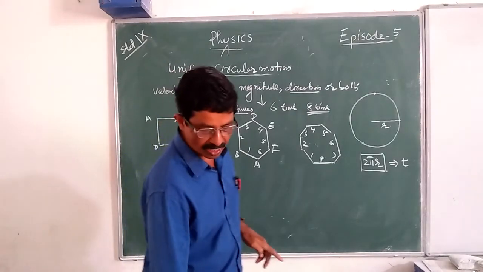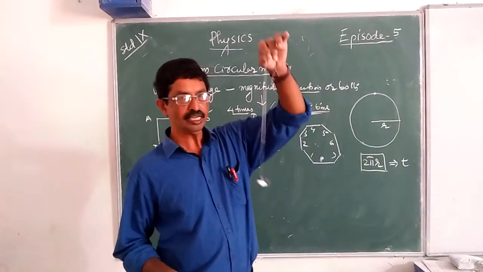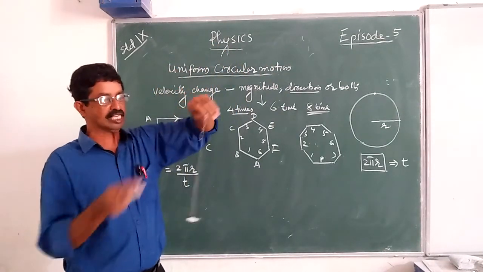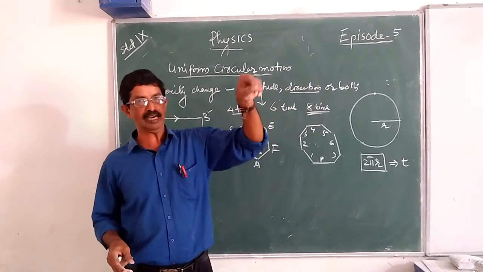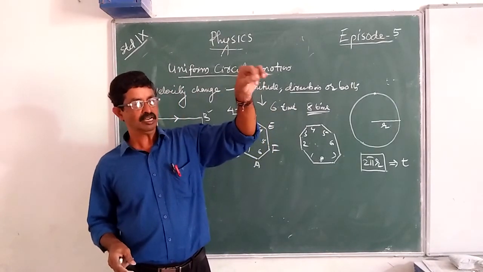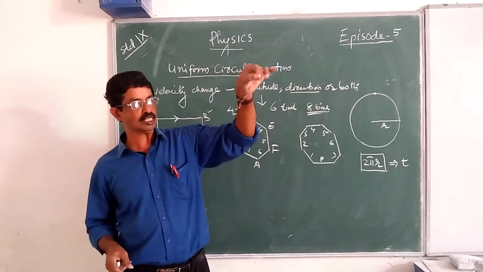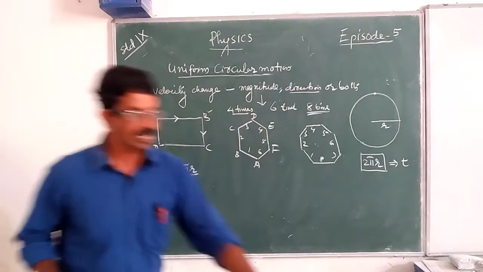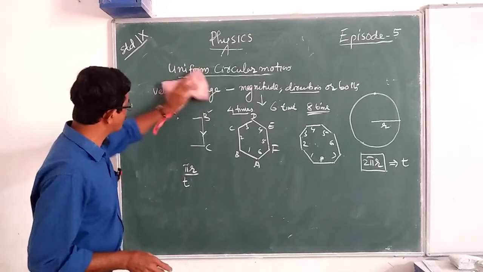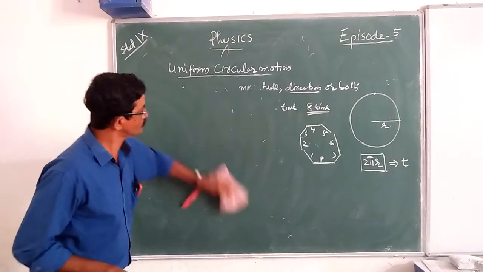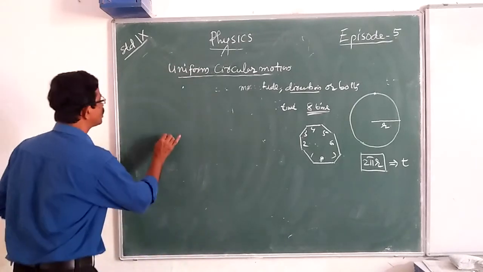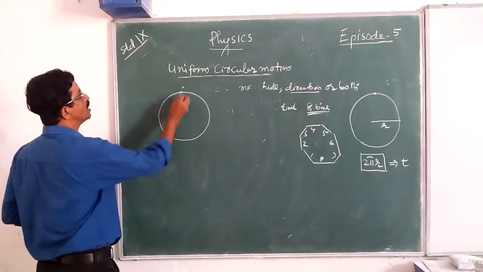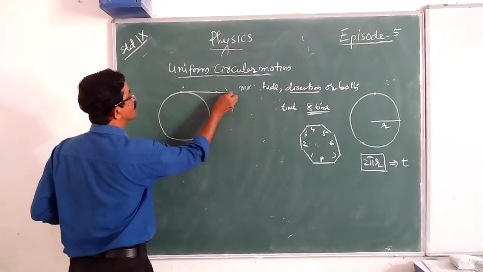Now suppose a piece of chalk or a stone is tied to a thread. Now when we rotate this, it is rotating in this manner. When this rotating stone or piece of chalk is released, it goes somewhere. Through which path is it moving? If we repeat this, we can see the stone, when released at this point, moves in this direction.